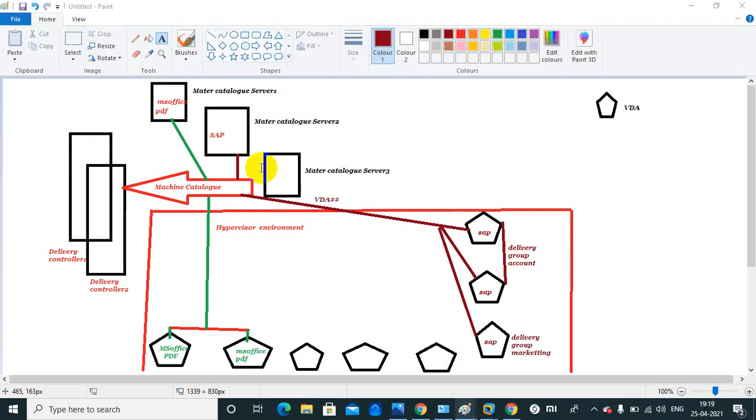So it's an automatic machine creation process. Once we start creating the machines through MCS, MCS will provide a range of host names like VDA hash. The hash stands for numbers like 00 to 99.